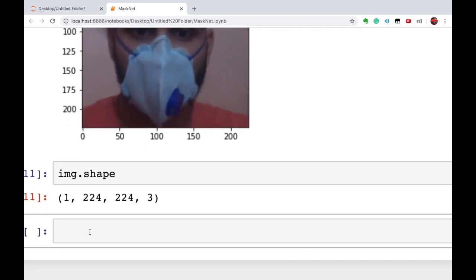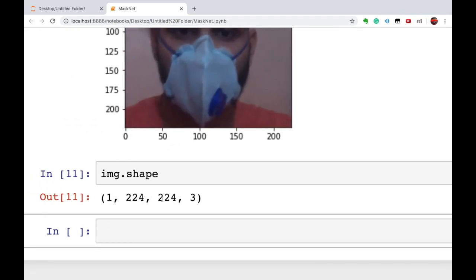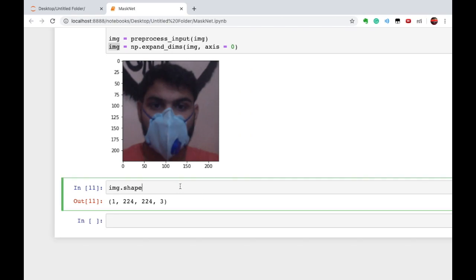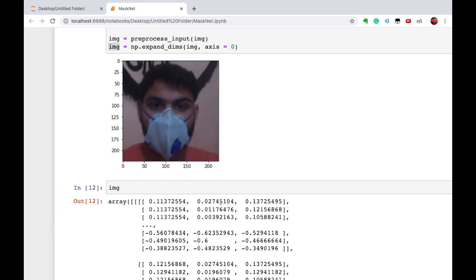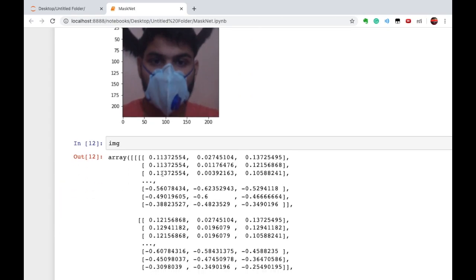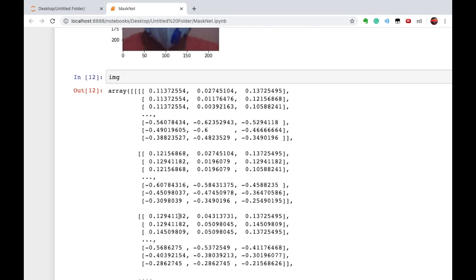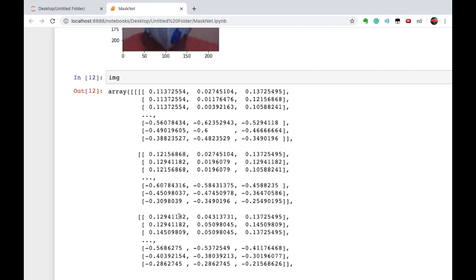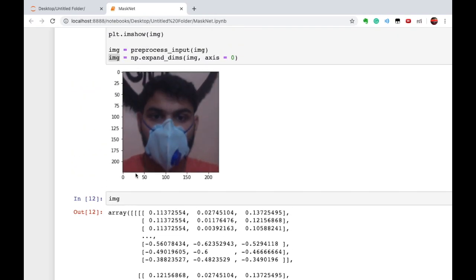The shape is 1 by 224 by 224 by 3. And if we look at the values, you can see the range is between 1 and -1. Clear?